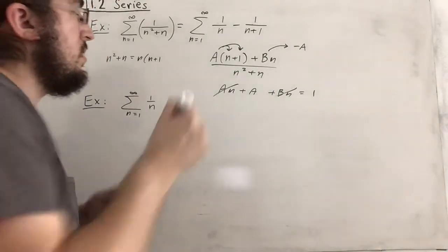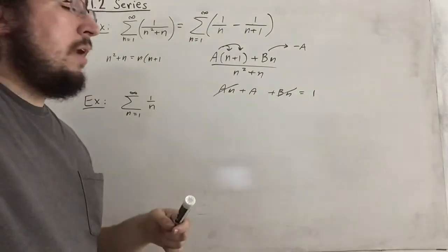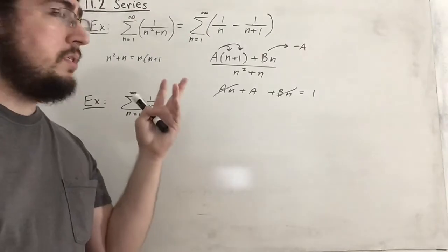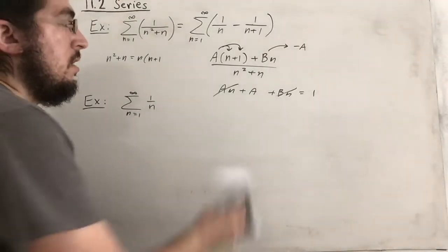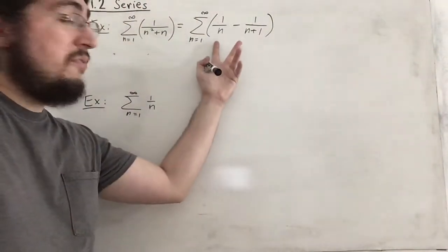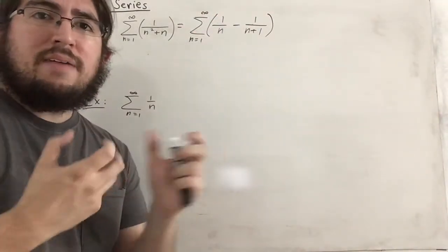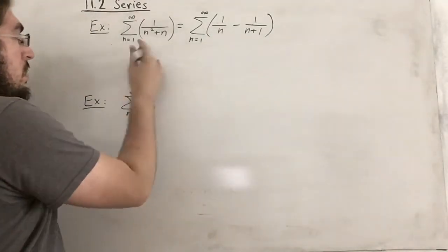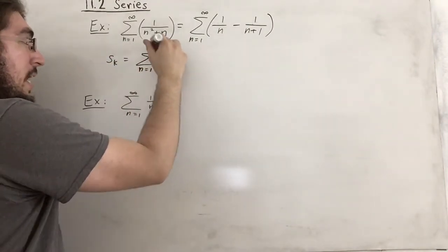So now we're still taking the sum of this one thing, and we can actually plug in numbers now. But what I want to do is consider the partial sum up to k, and then from there take the limit as k goes to infinity. What you notice is that since we've written this as a difference of a sequence involving n and a sequence involving n plus 1, they'll have a lot of things in common, and since we're subtracting here, we'll actually get cancellation. So if we let s of k equal the sum from n equals 1 to k